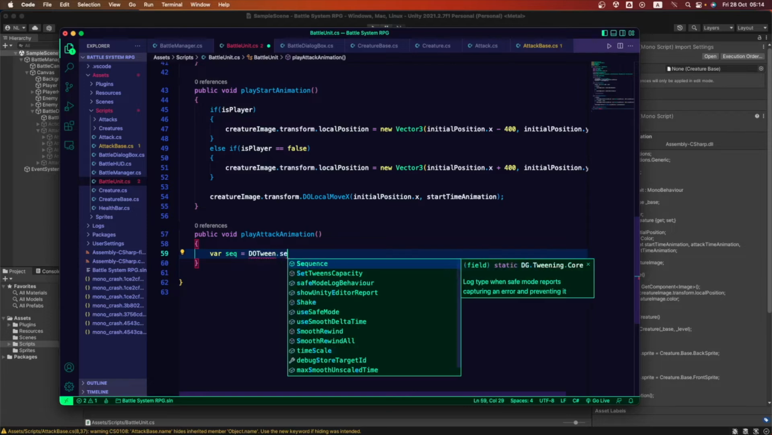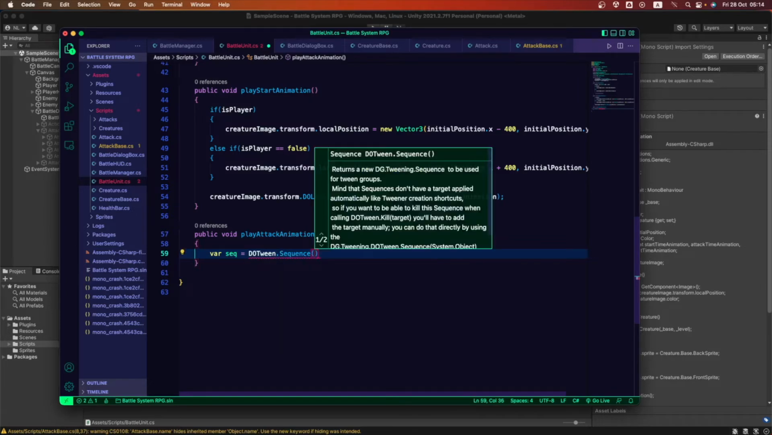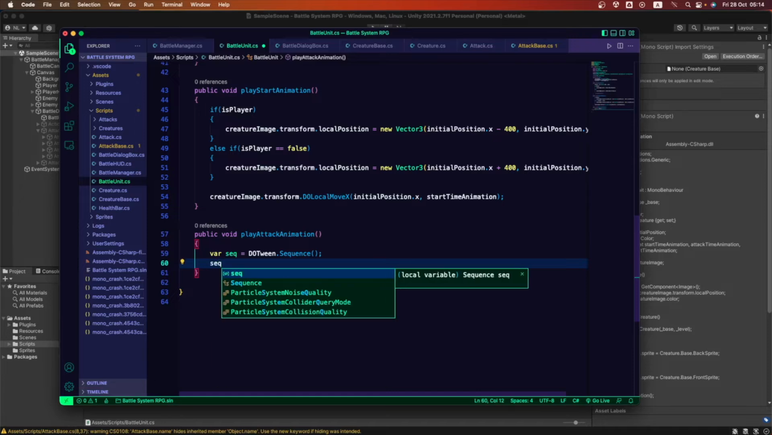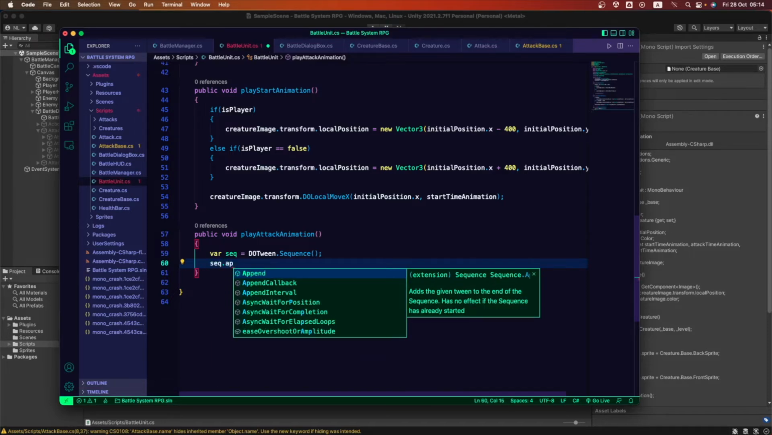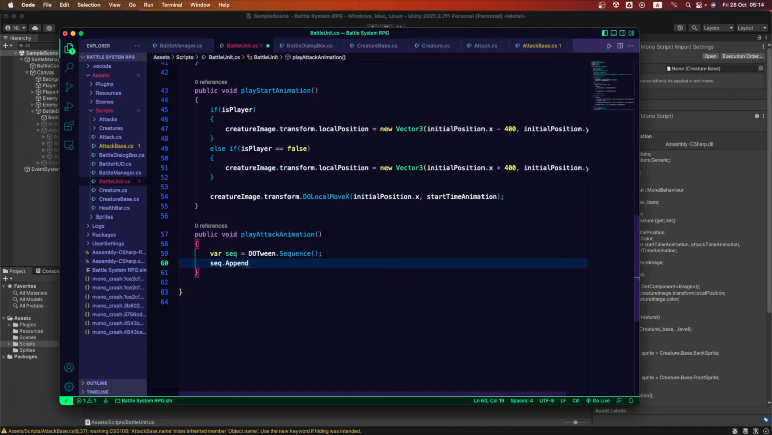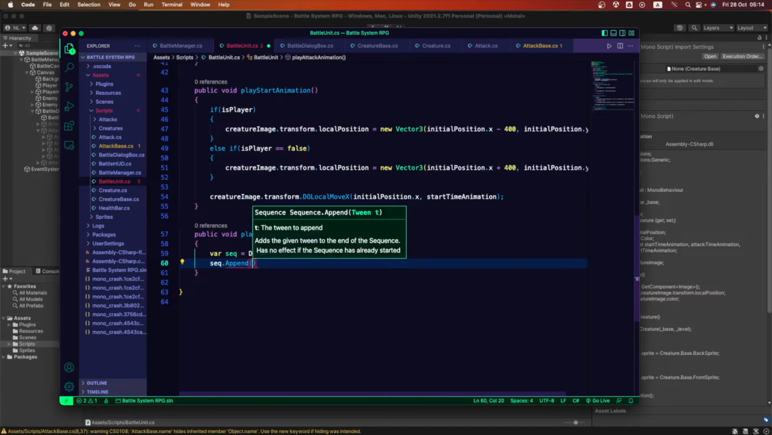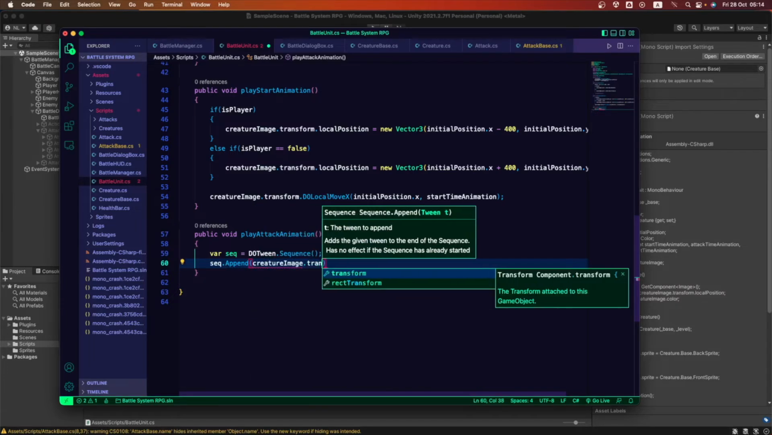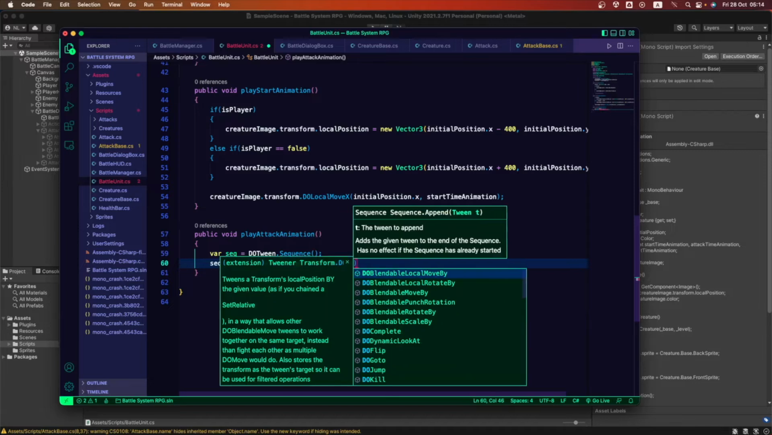We're gonna assign it, and this is gonna be a sequence. So inside this sequence called seq, we're gonna add the animations. Okay, because this is gonna carry multiple animations. So our first animation, we're gonna go into seq append, which is a method that is part of the tween. Okay, and we're gonna open parentheses and we're gonna go into the creature image transform. We're gonna go into do